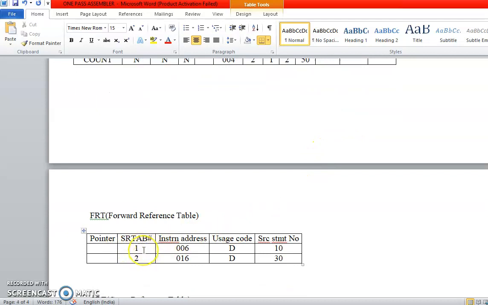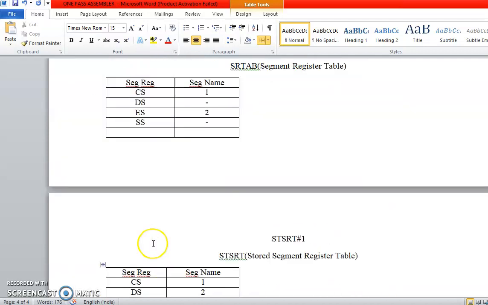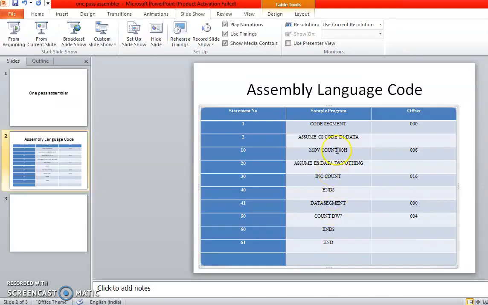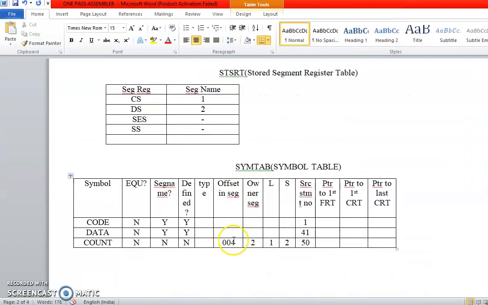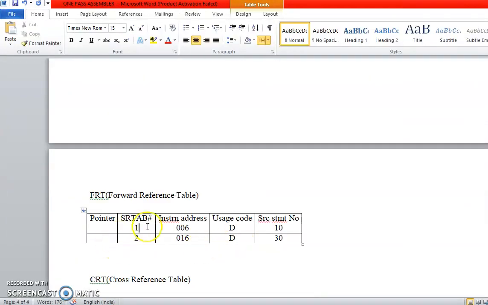The first entry will give you the SR tab hash. You are going to tell the first forward reference where you are encountering this issue. The first forward reference where we encounter the issue is here. This is under SR tab 1 because at that time CS was the code and DS was the data. So we make an entry here as 1. Then we say at which instruction address we are going to face this issue.